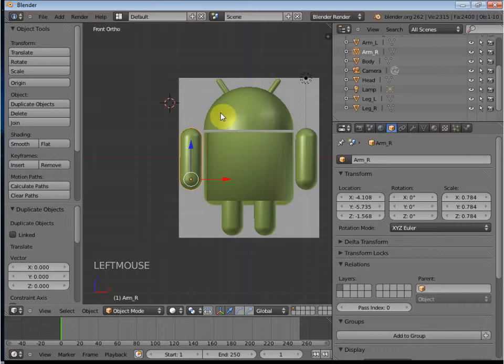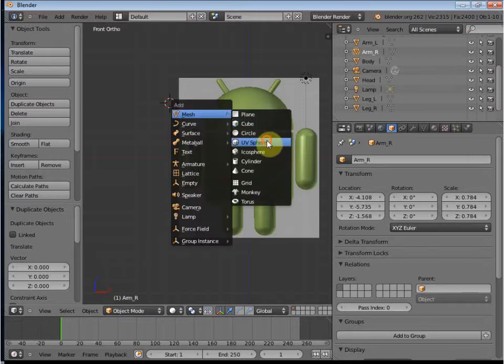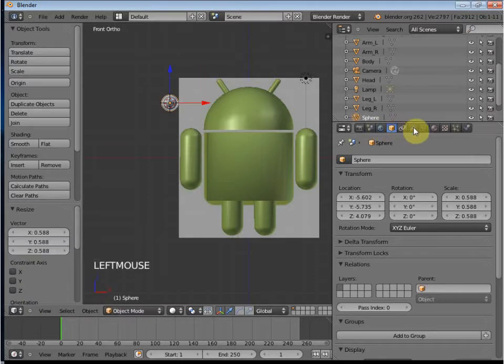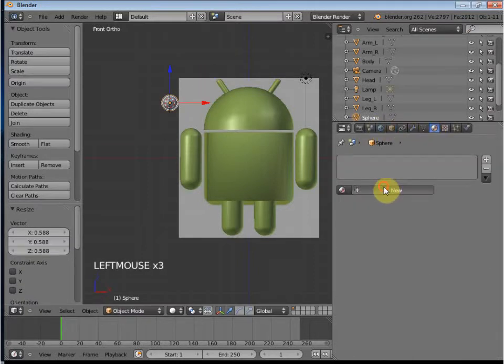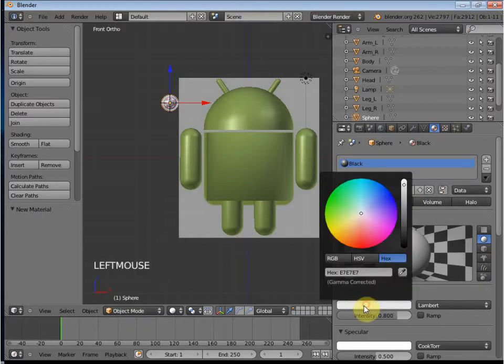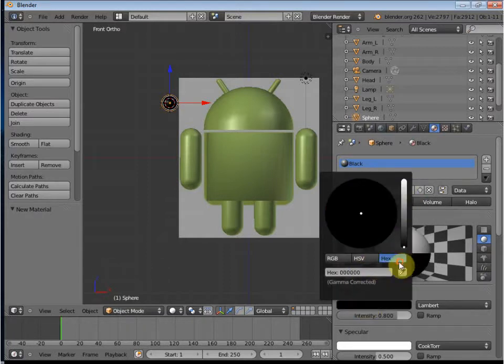Shift A, click on UV sphere. It's a little bit big, S to scale, bring it down. Want to color it black, so go over to Materials, New Material. I'll call this black because it's going to be black. Click on the color wheel, pull down to dark, give it nice smooth shading, and grab, I want to position